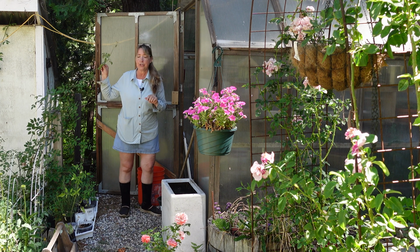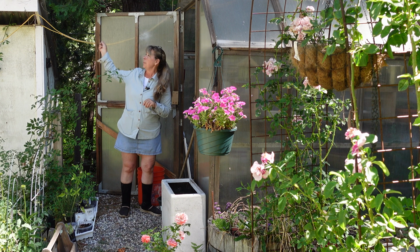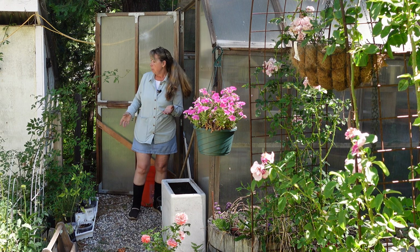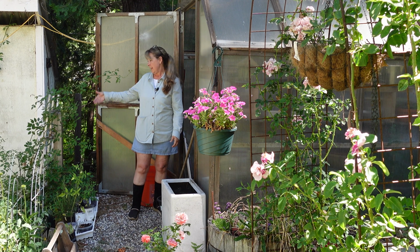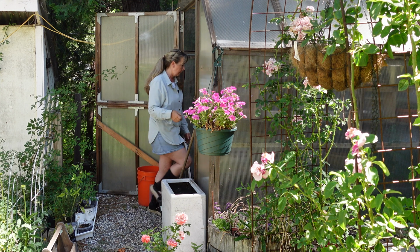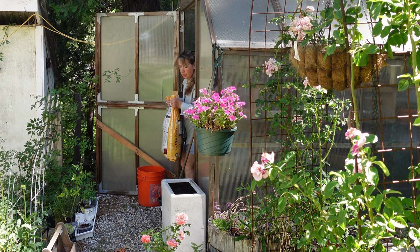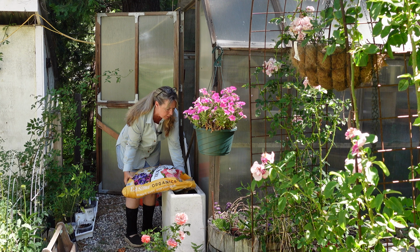This rose over here is going crazy. This is Cecile Bruner. It's supposed to be climbing up and over my chicken house, but I'm going to paint my chicken house, so I had to pull it away. Actually, I dug it up. This is what I had left, a little piece in the ground, and that's what came up from that little piece in the ground. So that's why you want own root roses right there. So yeah, this is not quite a full bag, so I don't think it's gonna go very far in here,